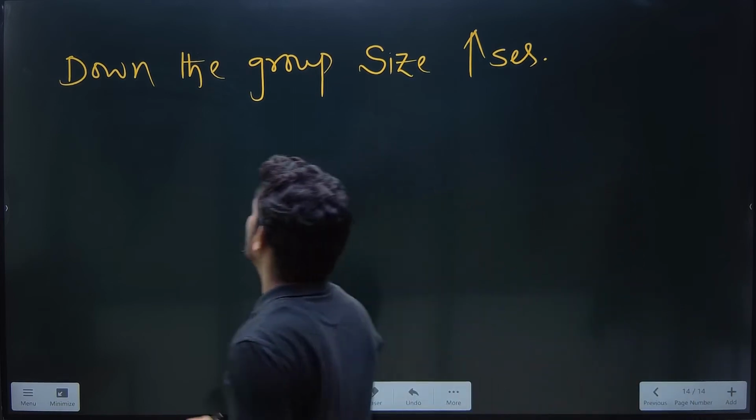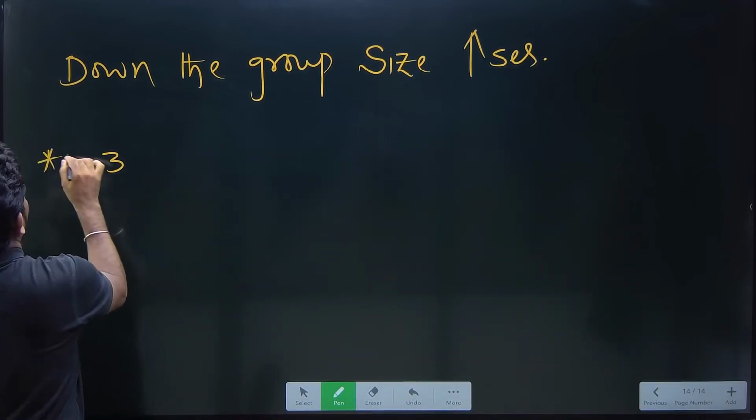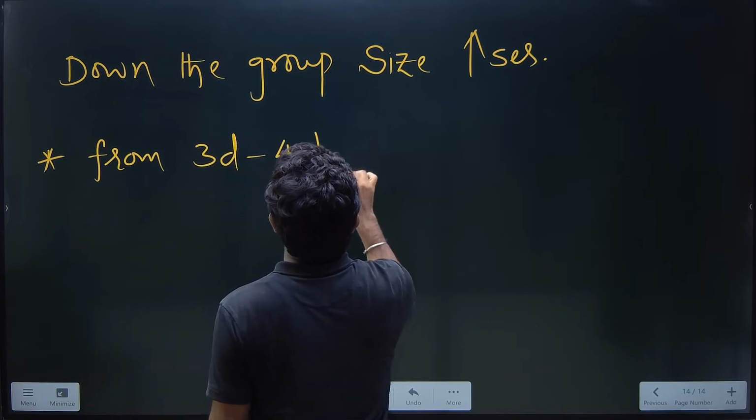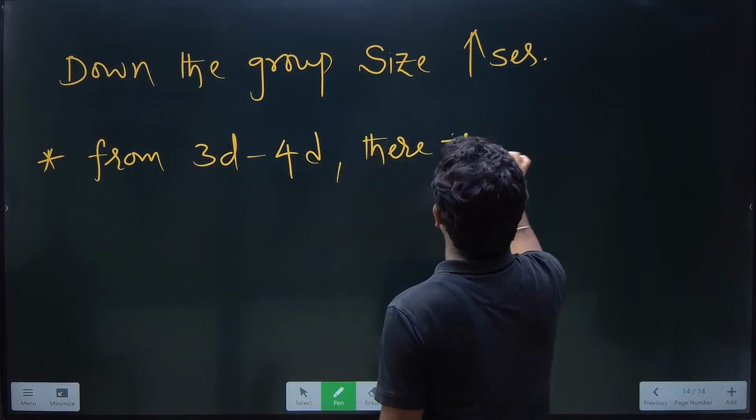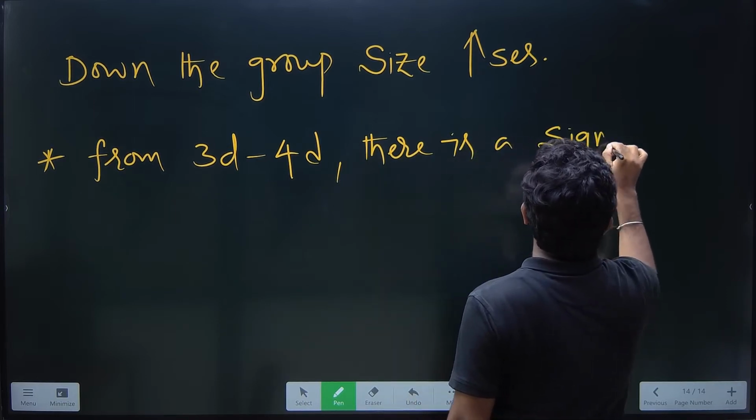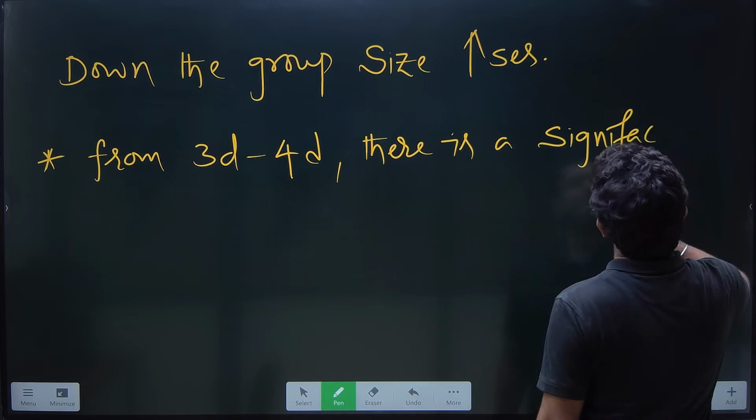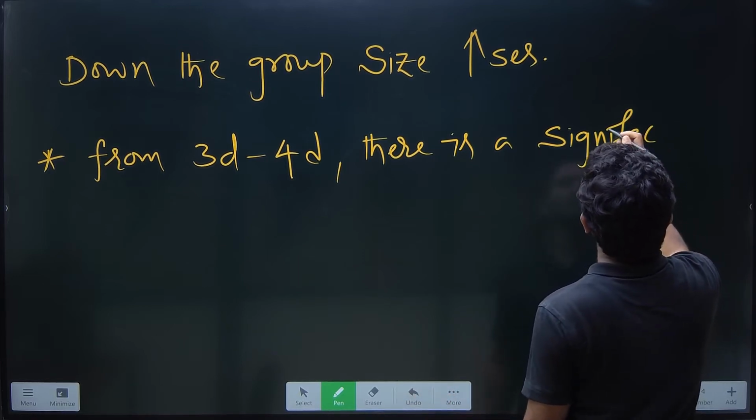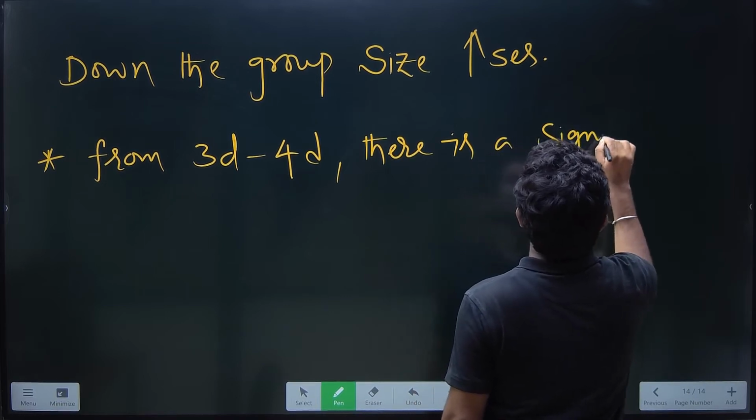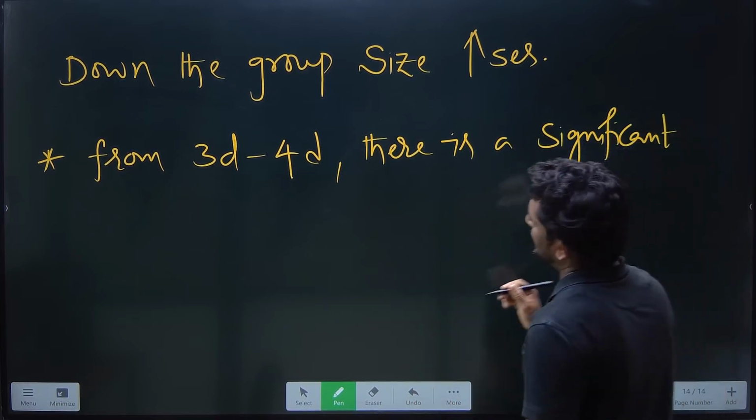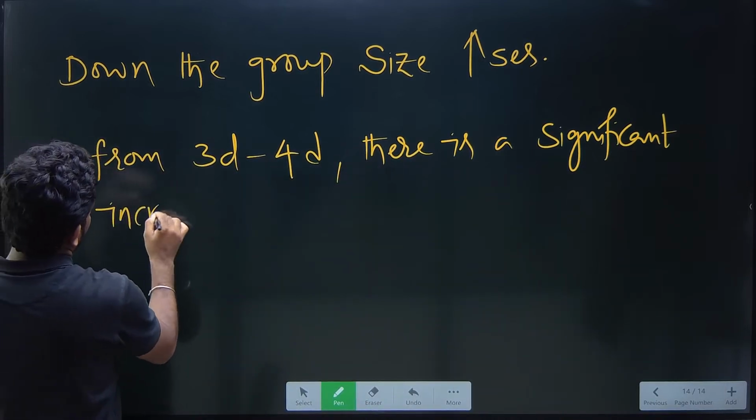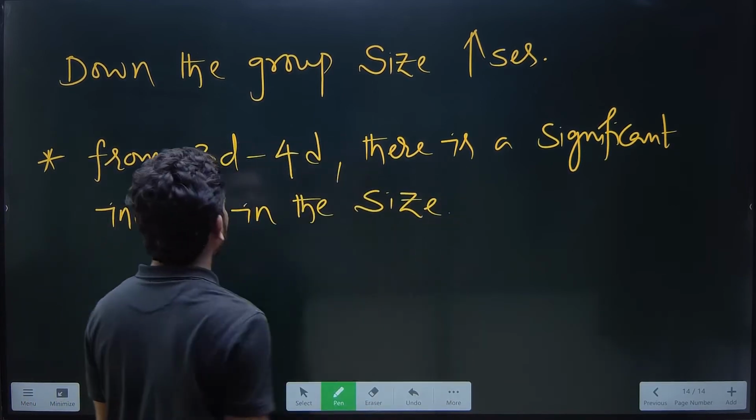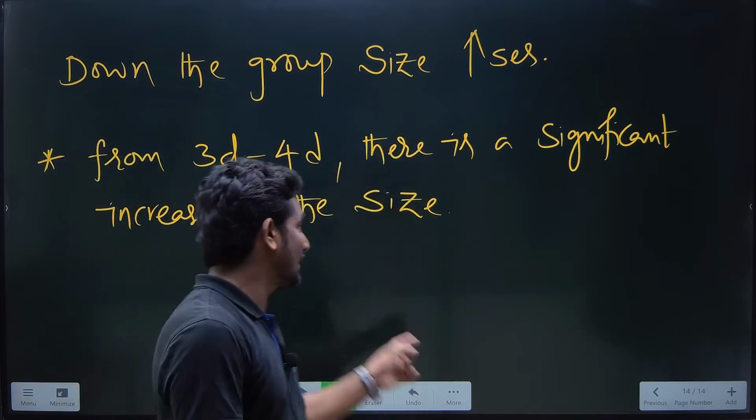Why? Because look at here, write down this: from 3d to 4d, there is a significant increase in the size. ठीक है, from 3d to 4d there is a significant increase in the size, but